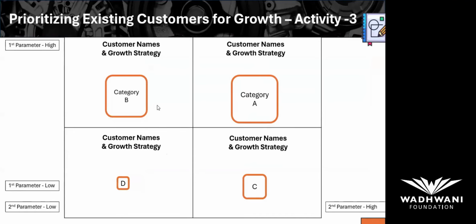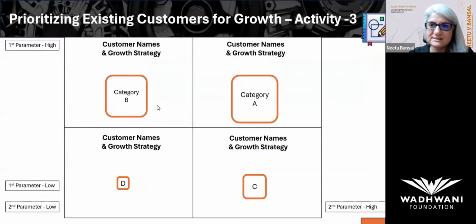This is one thing a lot of my mentoring clients take up. In fact, I'm so happy when I go back and I see on their whiteboard they have started calling customers by customer segment. Instead of giving them names, they just call it cat A, cat B, cat C, cat D. So it has become a part of their sales language now.